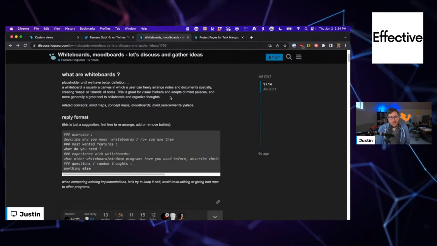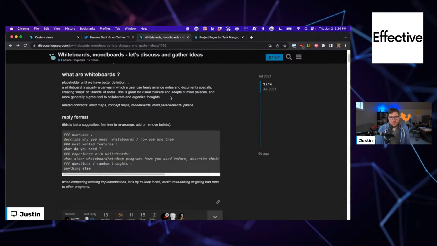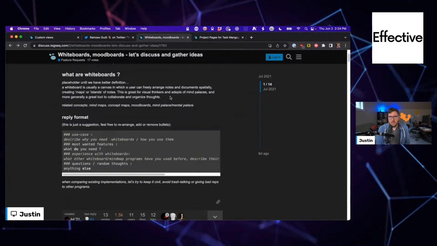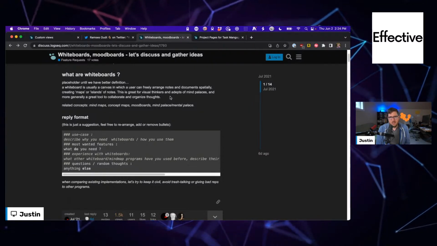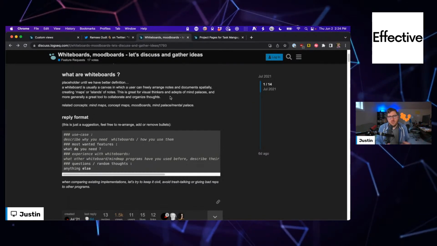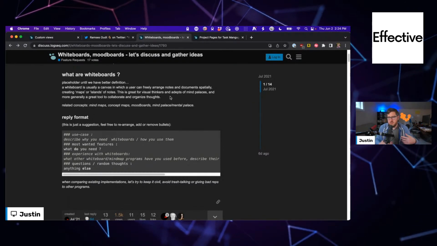You don't really want an app to become a kitchen sink, everything but the kitchen sink, because then the challenge you run into is, what is it? When people look at it, like, what is it? What do you use it for? You can use it for this. You can use it for that.